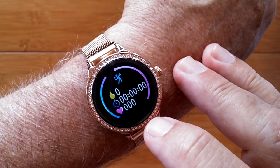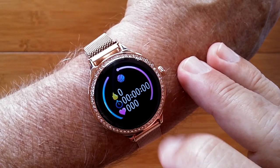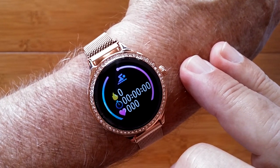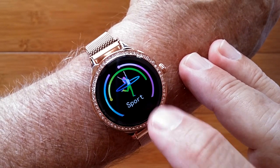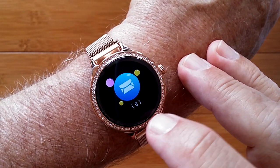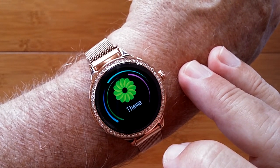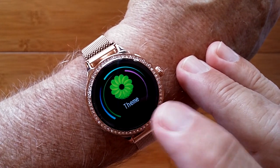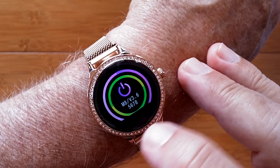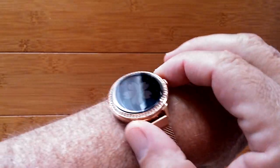your hiking, tennis, cycling, ping pong, basketball, football, and even swimming. You've got a timer built into it, and it can push messages directly to the watch from your phone or find your phone if you've lost it. You have 3 different themes that you can use for watch face, a brightness control, and of course the information for tethering. It's a really robust, thin,